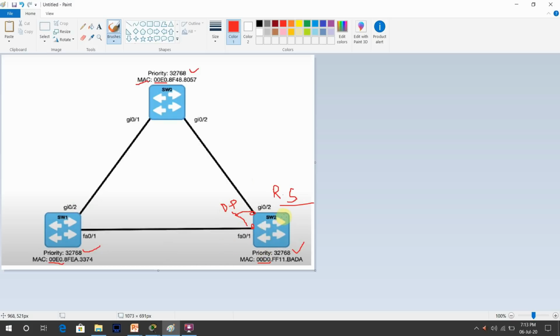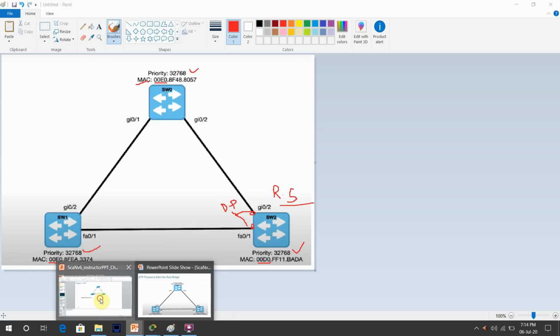Now the designated port for switch 1 is confirmed. Now we have sorted out this issue. Now which one will be the root port? How many root ports do we have here? As I told you, the port with the lowest path cost to the root bridge we call the root port. First we will see what the cost of gigabit 0/2 is. If you go to the slides and you will see here,